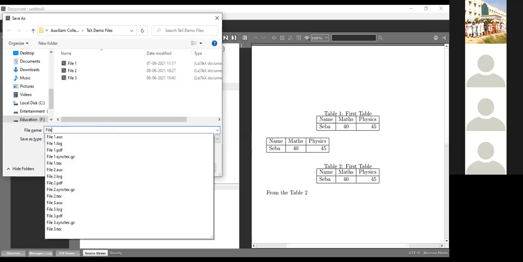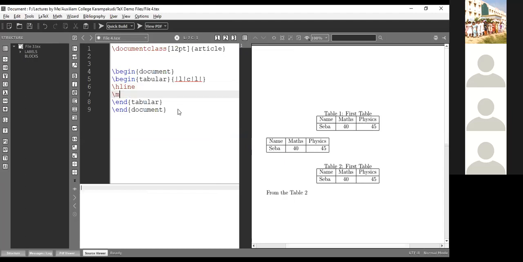Okay, so I'm going to use multirow. Multirow has 3 mandatory brackets. So the first one is the number of rows merged, 2 rows. Alignment is star. The second one is the name. Okay, I'm going to create likewise, so 2 rows are merged. Then in the second one, center aligned, subject. So it's math. Okay, it's math. Hline.